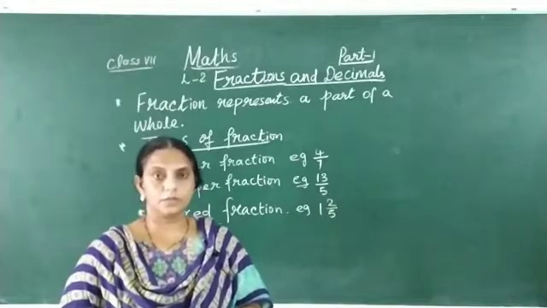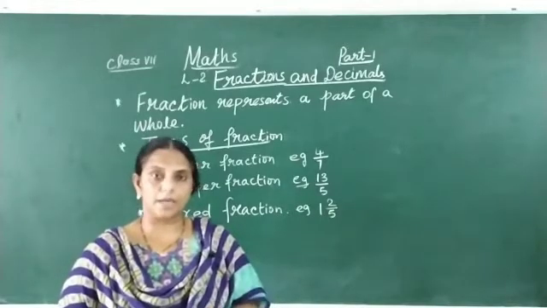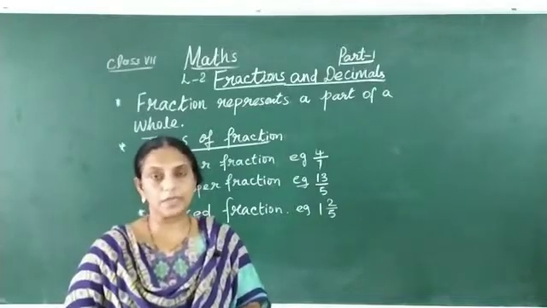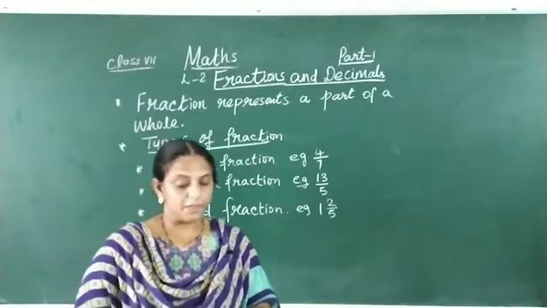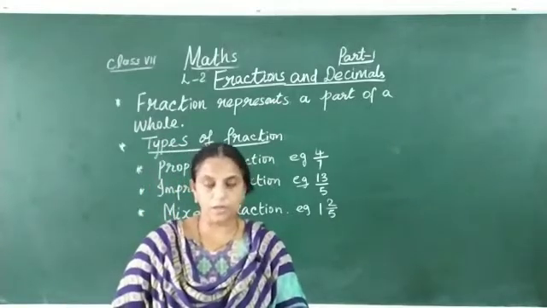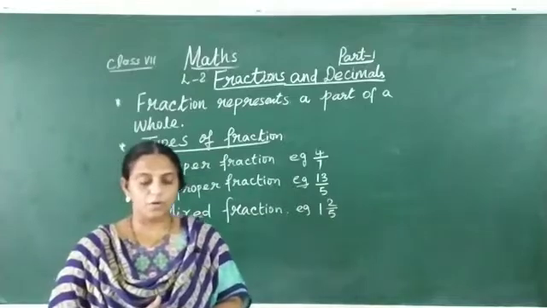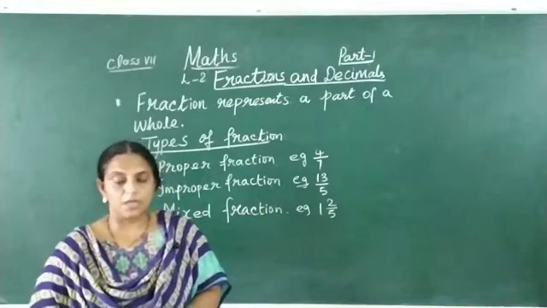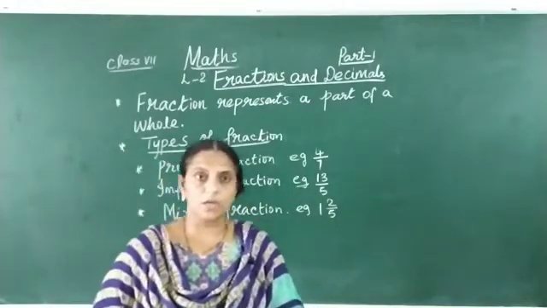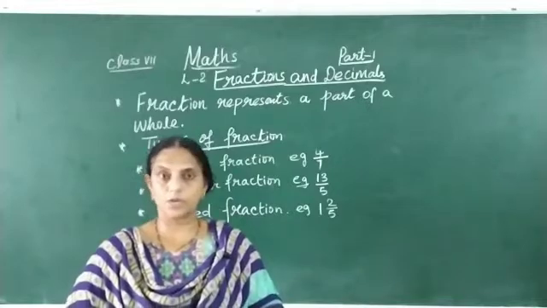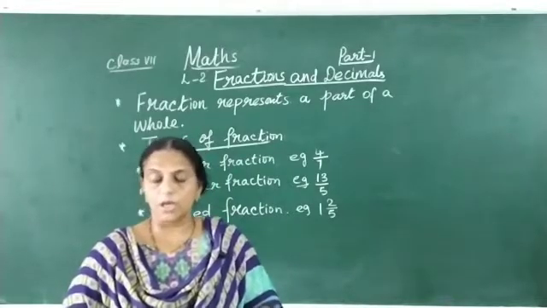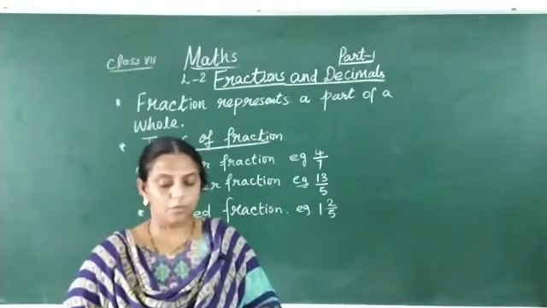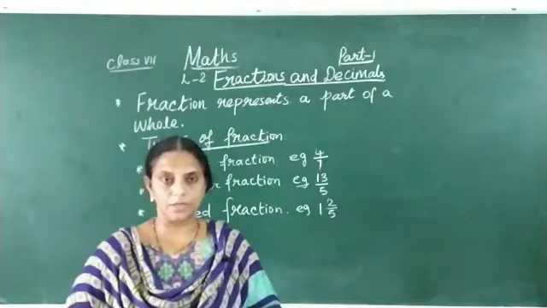So now we will go for chapter 2 in maths. Before going for chapter 2, let us recall what we have studied in the first topic, that is integers. In integers, we have done the addition, subtraction, multiplication and division of integers. Then properties of integers, which include the closure property, commutative property, associative property, distributive property, additive inverse, additive identity, and also word problems including integers.